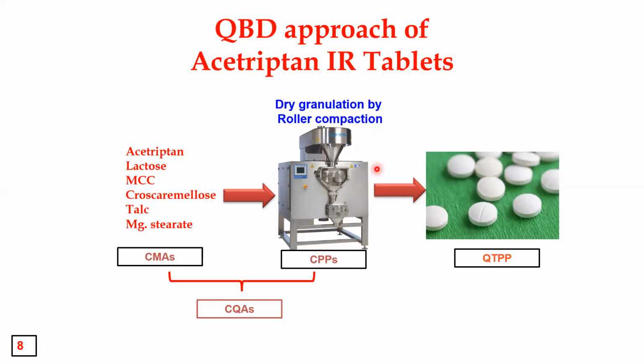This is a process which involves both granulation followed by compaction, and the process variables related to these instruments are called critical process parameters. Both together contribute to the critical quality attributes such as dissolution, disintegration, and other parameters related to this immediate release tablet. Then all together, these CQAs will affect the quality of the Acitretin product. This is the complete picture which we are going to discuss in the next slides.